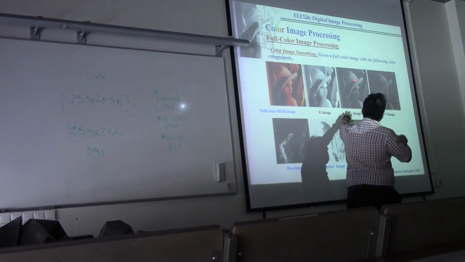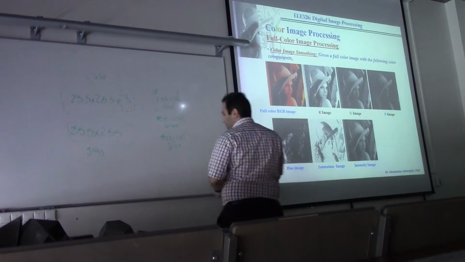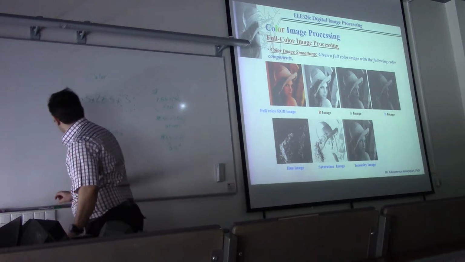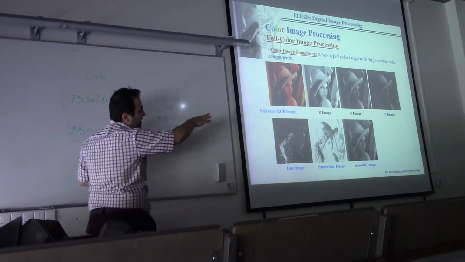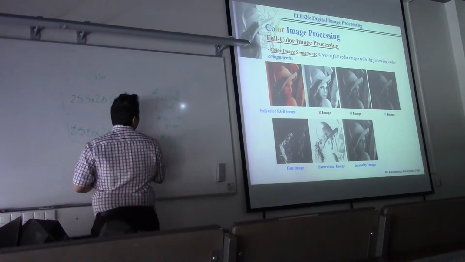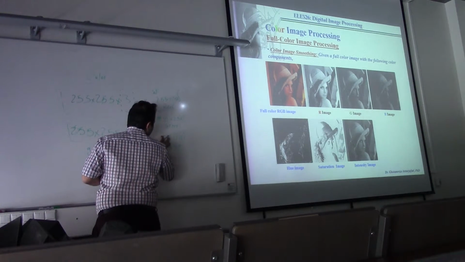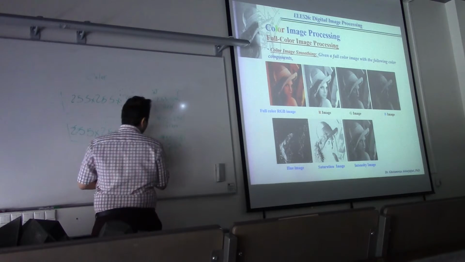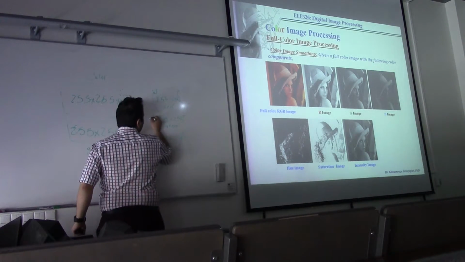And also for the green matrix, as you remember, when we want to have just the image in the red, the values of all pixels in the green and blue matrices are equal to 0, and we just have some values